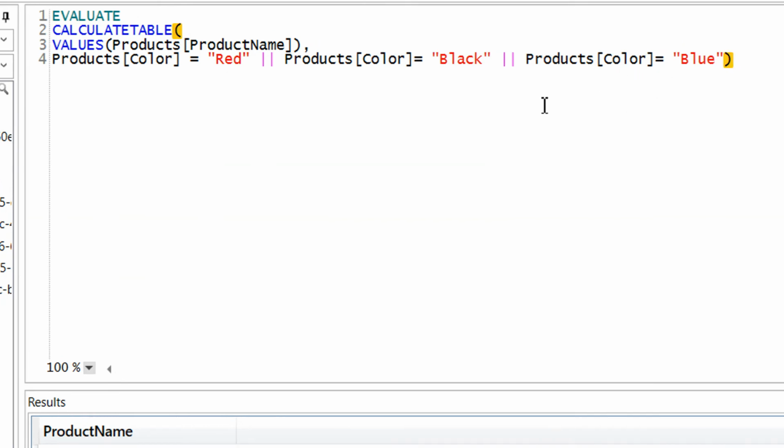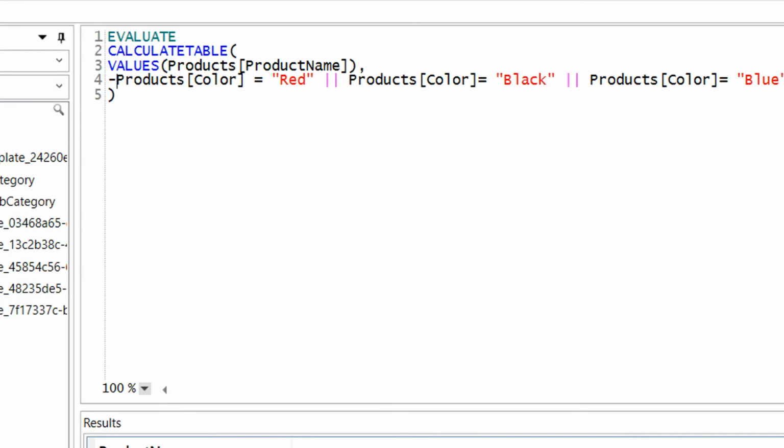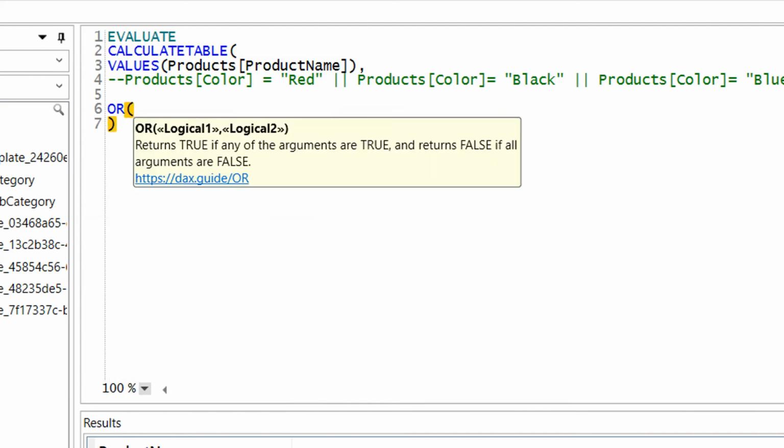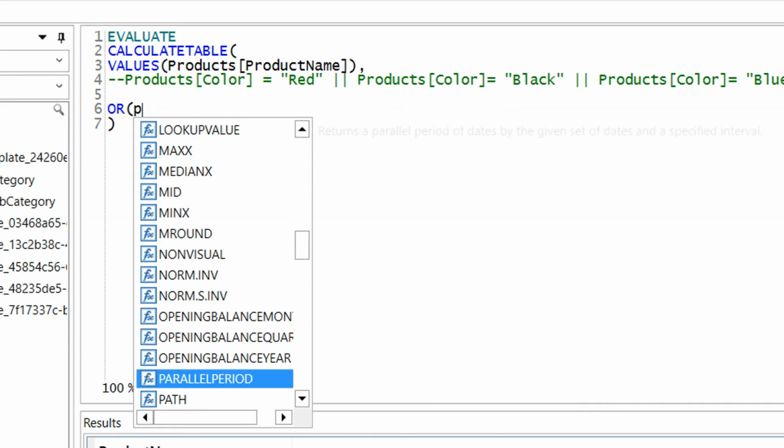So this is one variation, and we can use one more. I just commented it, and what we can write here, this is the OR operator, and we need to provide two values here.